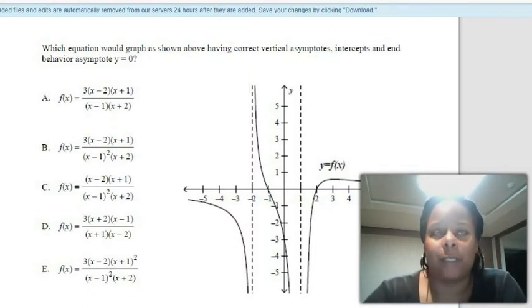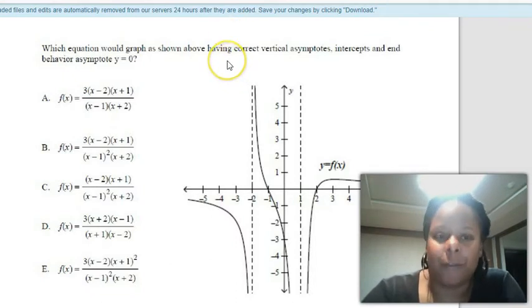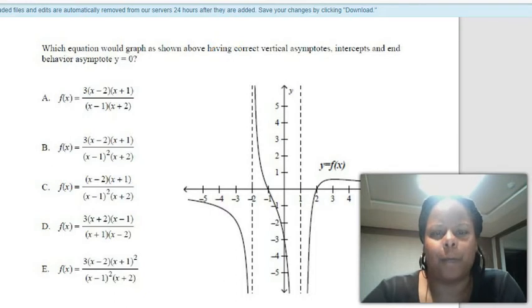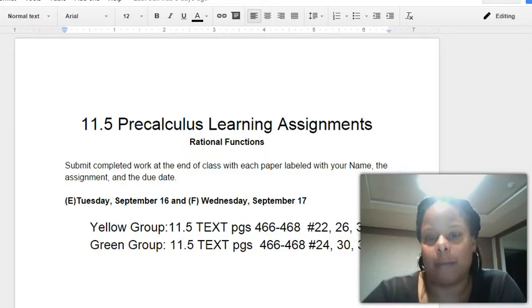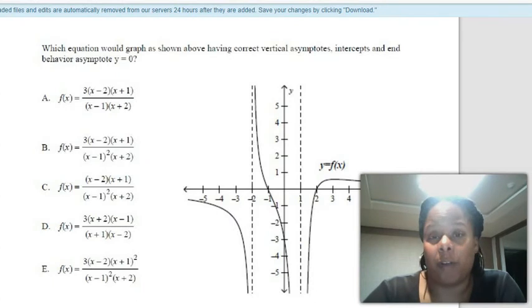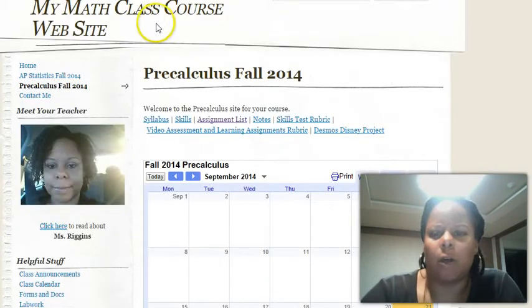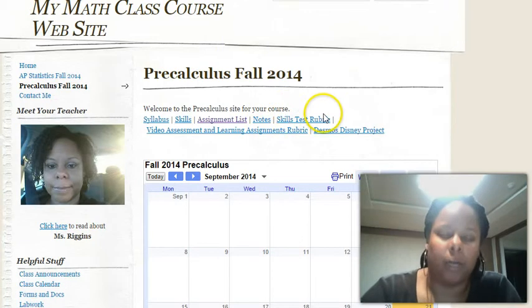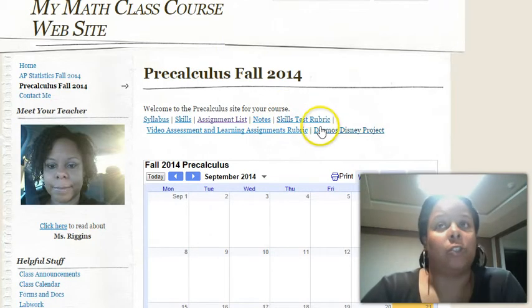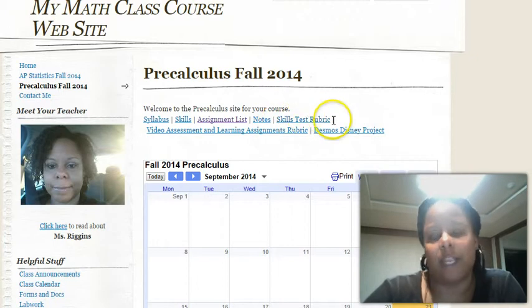So basically every video is a 2-day cycle for them, where at the end of the 2-day cycle, they have a classwork grade for their learning assignment, and then they have of course a video assessment grade, and then they have their notice and wonder grade. So it's all combined to one grade for the unit. I also have what's called skills tests, which instead of testing over a chapter, I test over each section of the chapter. And we have tests on Friday.